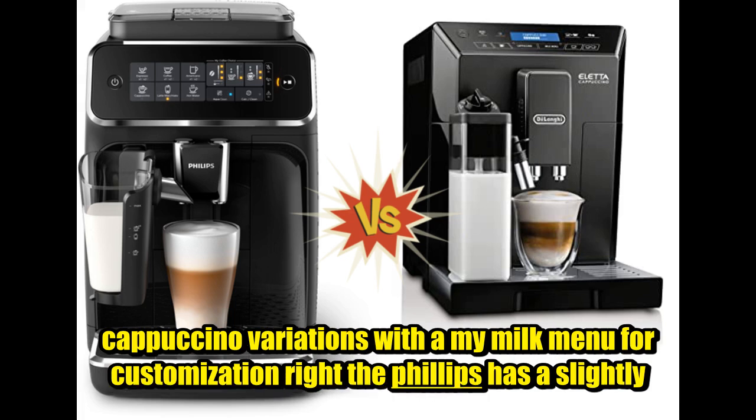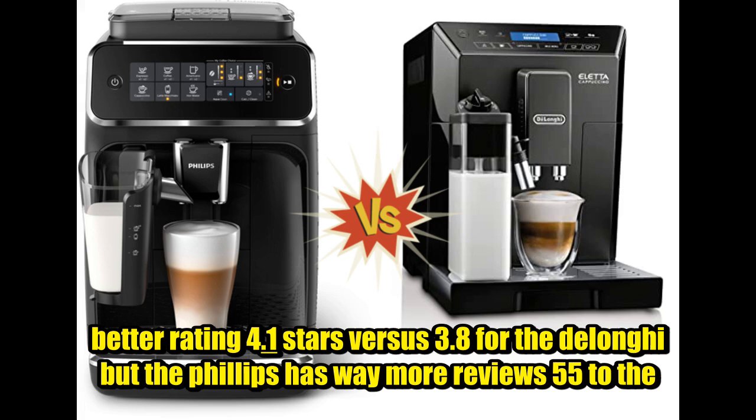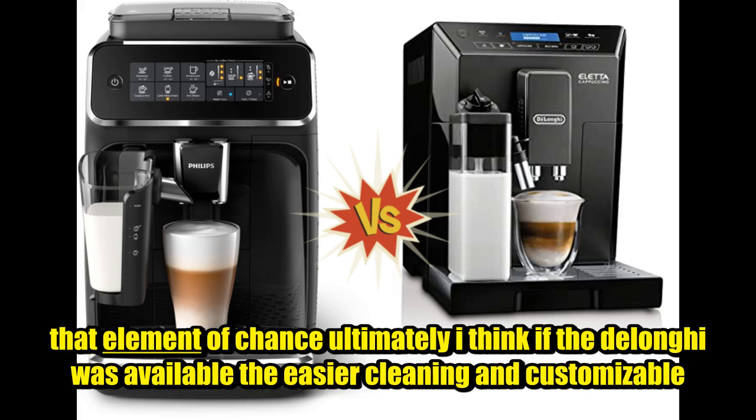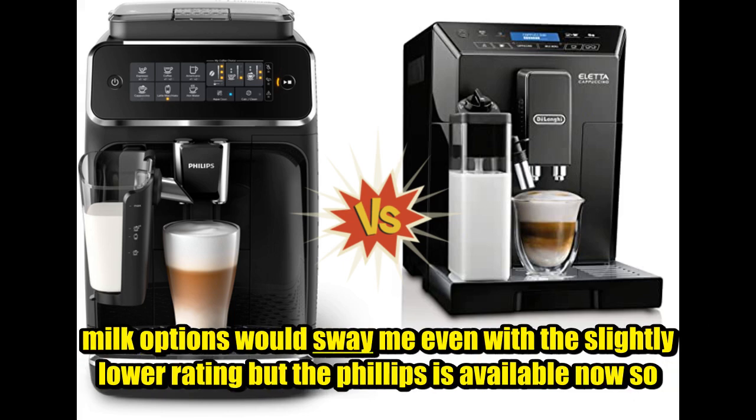Right. The Philips has a slightly better rating, 4.1 stars versus 3.8 for the De'Longhi, but the Philips has way more reviews, 55 to the De'Longhi's 11. Smaller sample size for the De'Longhi, you know? Yeah, and both are renewed, so there's always that element of chance. Ultimately, I think if the De'Longhi was available, the easier cleaning and customizable milk options would sway me, even with the slightly lower rating. But the Philips is available now, so...